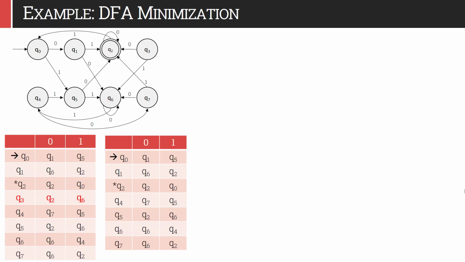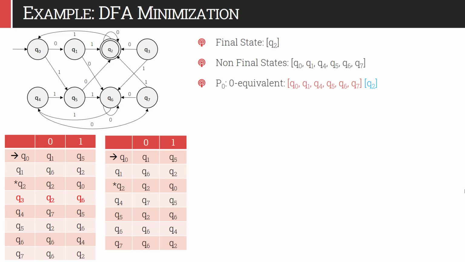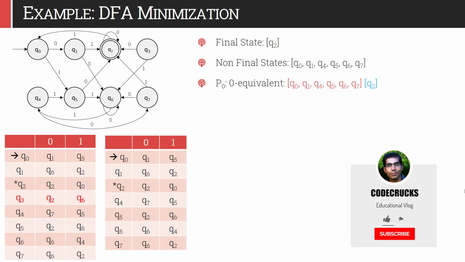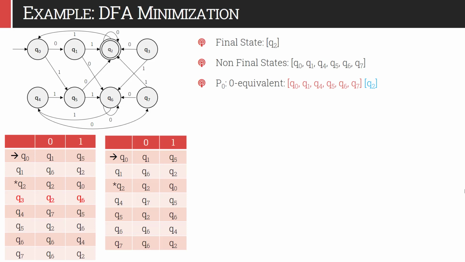As per the algorithm, we will start from partition P0. So we have to divide all the set of states into two sets. States which are non-final states, we will put into one group, and states which are final states, we will put into another group. So Q2 is the only final state, so reduction is not possible there, but there are chances that some of the states in that red group might be identical or equivalent. So we will check which states are equivalent, so we can club them and minimize the